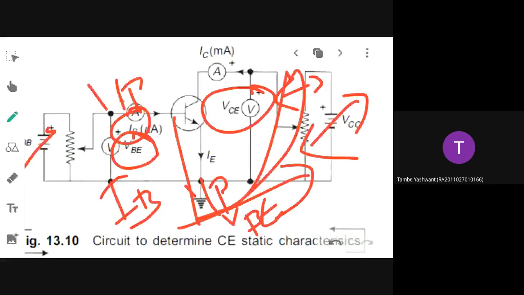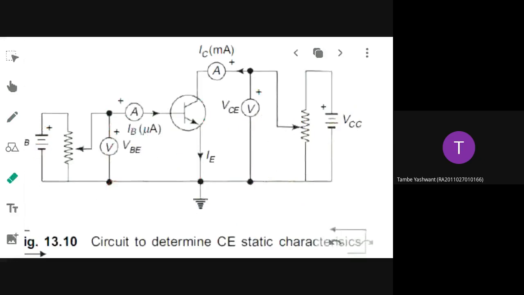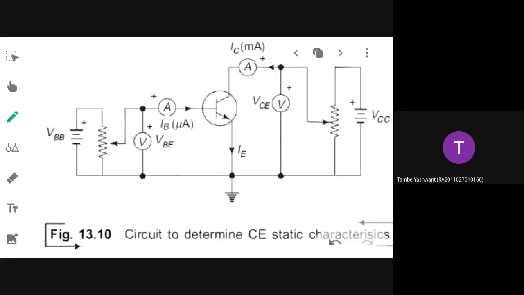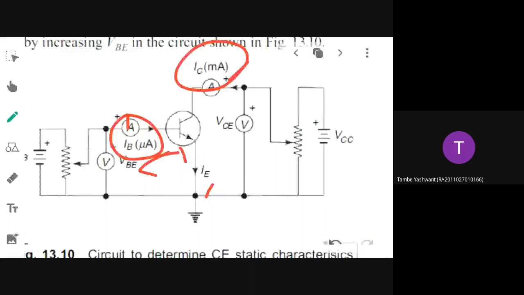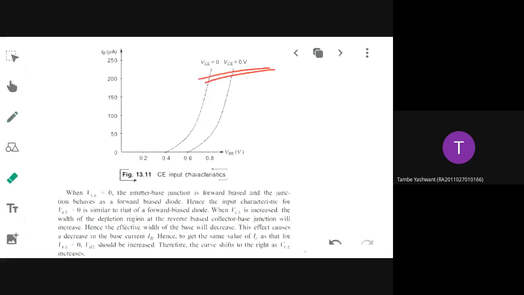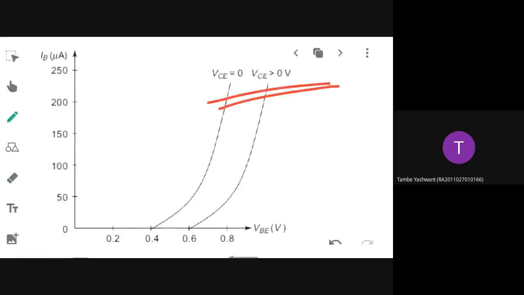Output characteristics, if you want to draw, means the input side you are going to keep constant. So IB you will keep constant, and draw a curve between IC and VCE, and you will be getting the output characteristics. But you can observe the difference here. In which side is the curve moving? Earlier, for the CB configuration, it was moving left. Now is it moving right or left? The difference you have to make is in the parameters you have to vary. That's all. Other things are almost the same, no matter whatever the configuration.